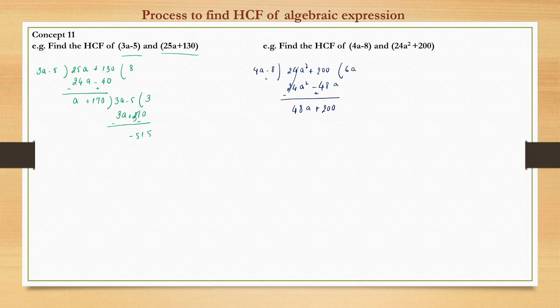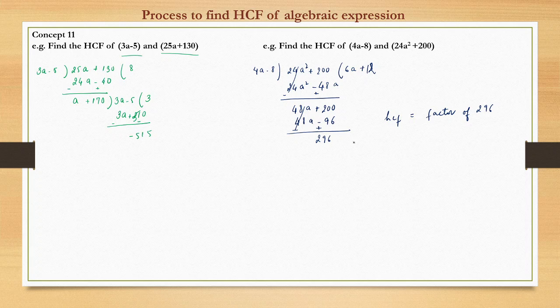Again this will further be divisible by this number. So here we can write plus 12. So this becomes 48a minus 96, right? So this cancels out, it remains 296. So now the HCF will be a factor of this. HCF of this number will be a factor of 296, right? So same way we'll approach the questions.